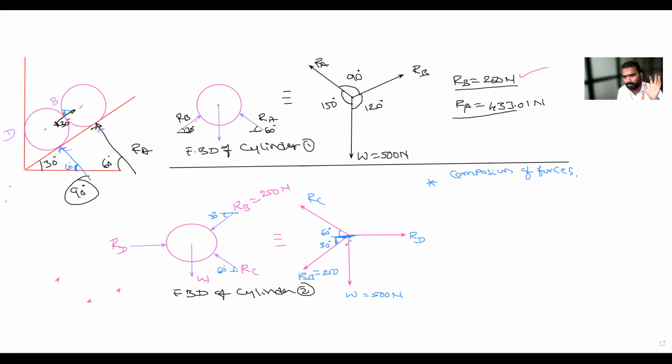If you leave out moment, what are the conditions for concurrent forces? I have told you, the equilibrium conditions for concurrent forces are only 2: sigma Fx equal to 0 and sigma Fy equal to 0. If these two are 0, the resultant will automatically be 0. For non-concurrent forces, there are 3 conditions: sigma Fx equal to 0, sigma Fy equal to 0, sigma M equal to 0. Correct?